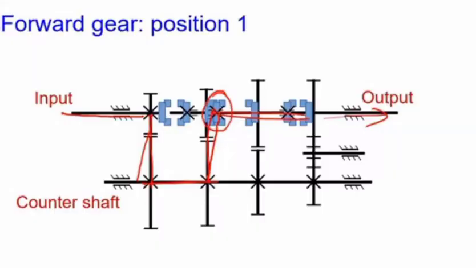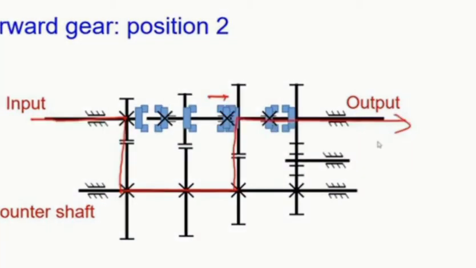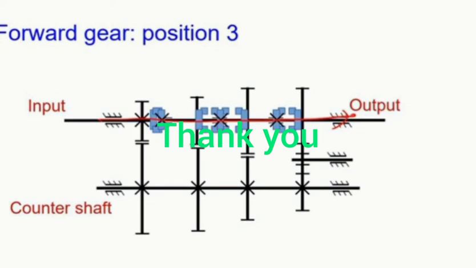For the innovation of changing the speed of the output without changing the speed of the motor, we can use a mechanism of continuous gear mesh over here. We can introduce a switching mechanism which switches the dog clutch position. In position 1, as shown, the energy from the input to the output will be less. When we switch to position 2, the energy will increase, and switching to position 3, the energy will further increase. In this way we can change the speed of the output without changing the speed of the motor, and the output will be connected directly to the crank. So thank you.